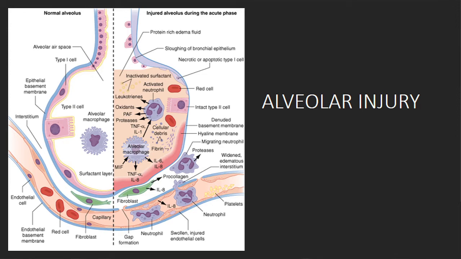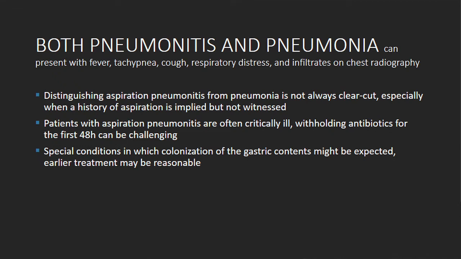Specifically with acid, there's the dissolution of the cells, there's edema of the membranes and of the interstitial space, there's increased capillary leak, and there are a lot of interleukins secreted with this inflammatory response. So as would be expected, you can have a systemic inflammatory response similar to the one you would have when there's an infection. So both pneumonitis and pneumonia can present with fever, tachypnea, cough, respiratory distress, and also infiltrates on chest radiography. So both of them have radiographic evidence, which is important to know because that doesn't mean that